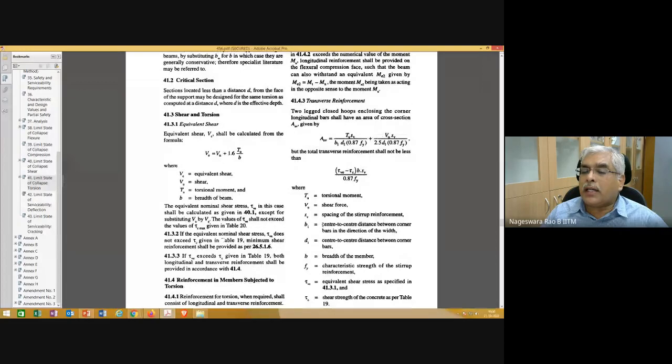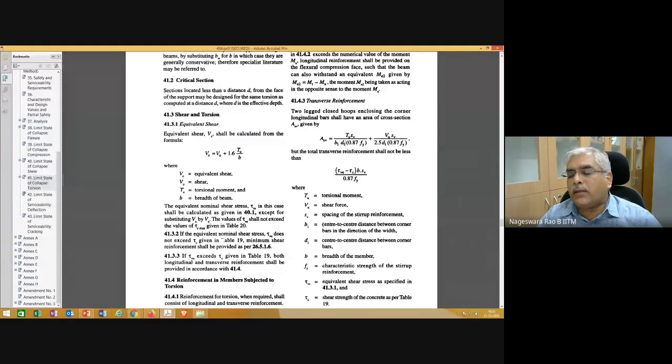B1 is nothing but the center to center distance between the corner bars in the direction of width. And D1 is the center to center distance between the corner bars in the depth direction. Okay. So now you know what B is.